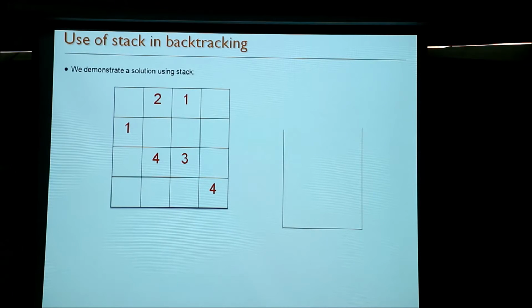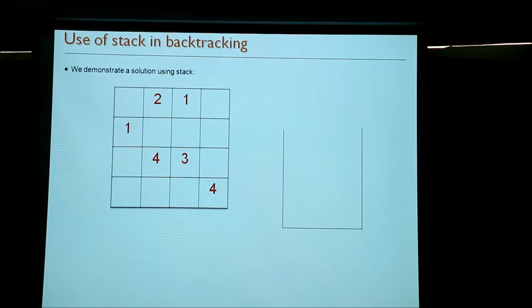Now we have taken a much smaller example because it's easier to show the running of this algorithm. Instead of 9 cross 9, you have 4 cross 4 Sudoku, and the intermediate blocks are 2 cross 2. The total is 4 cross 4, and you have to fill the cells with the values 1, 2, 3, 4, instead of 1 to 9.